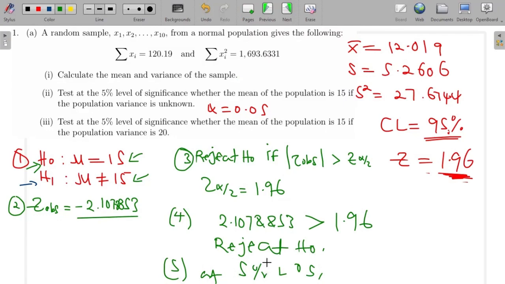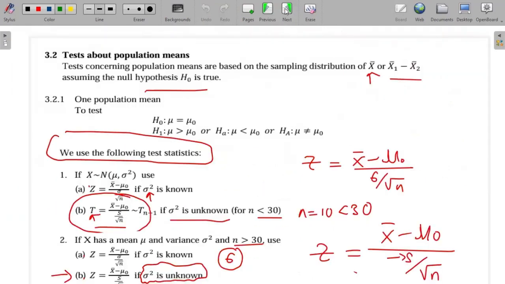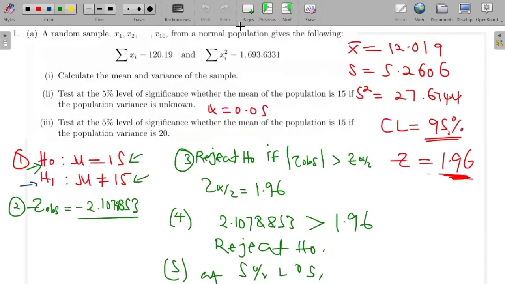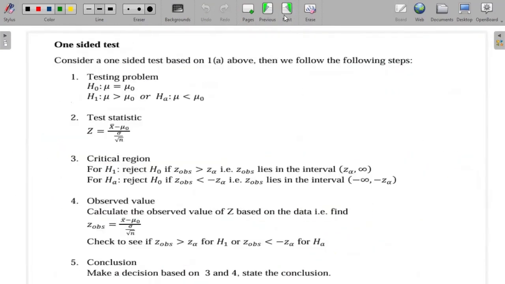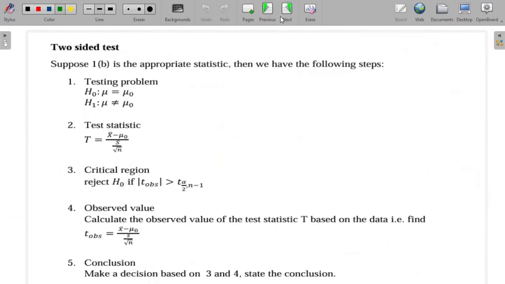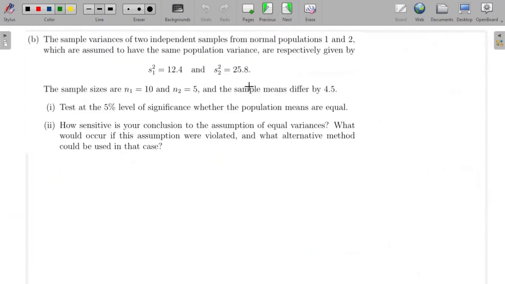So that is it for question 1A. And then we move now to question 1B. So here it is, question 1B. We are doing the hypothesis testing based on two population means. The one that we did on A, we just had one mean. For two population means, we're going to see that